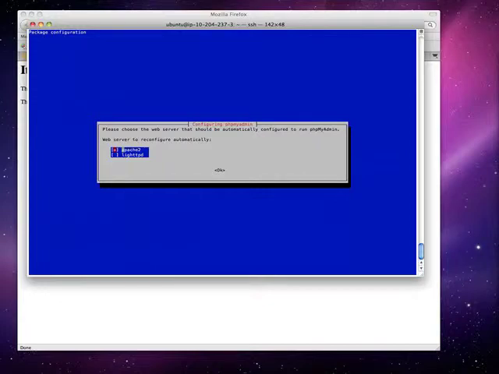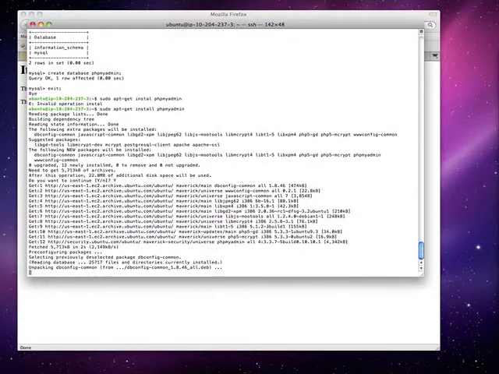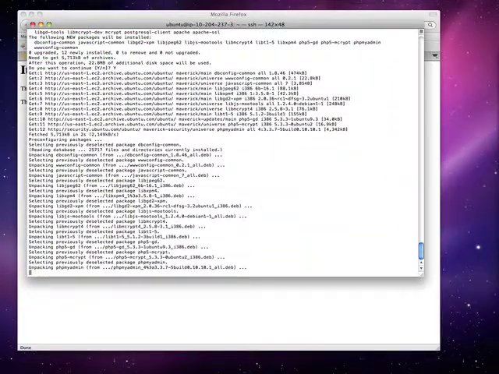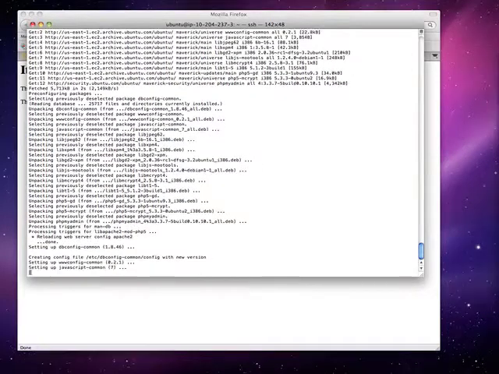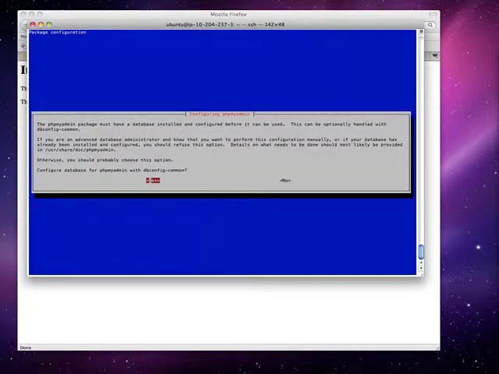What do you want to configure phpMyAdmin with? Apache, obviously. Before, you only installed Apache and MySQL, you haven't installed PHP. No, when I installed the LAMP server, it installed PHP, MySQL and Apache, all three. What have you done now? I'm installing phpMyAdmin, an app, so that I don't have to do command line access to MySQL.